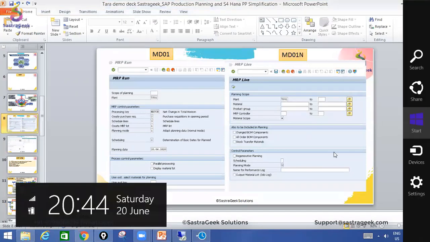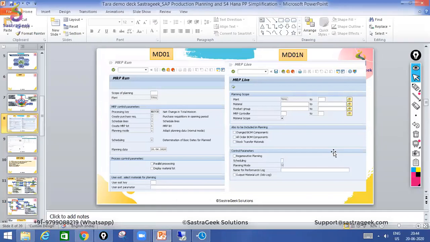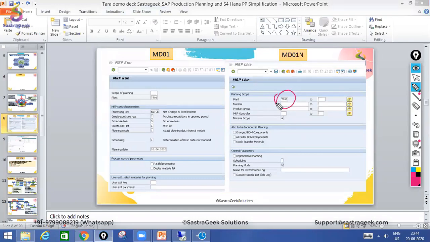No. In this case, see here, we can give a plant. Yes, this is plant-based MRP. In ECC, we always have MRP at the MRP area level. Now we are giving plant as the selection screen. We don't have any MRP area below that selection. Below the plant, I do have a storage location MRP area as well as a subcontractor MRP area. So you need not give it as a selection here. The system will automatically check what different MRP areas are within this plant, and which materials are extended to those MRP areas. The system will check these things and do the planning as per your requirement. So you need not give separate MRP area planning at the MD01 MRP level.